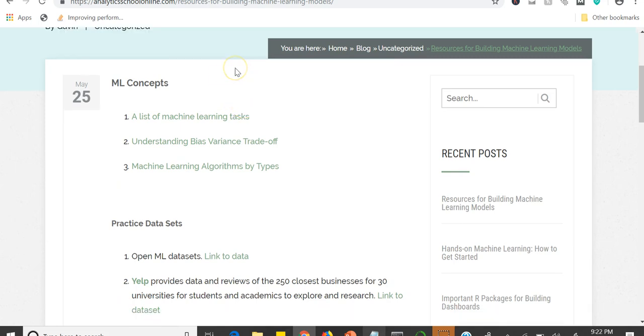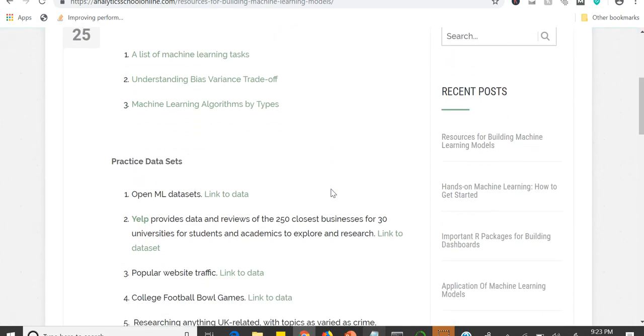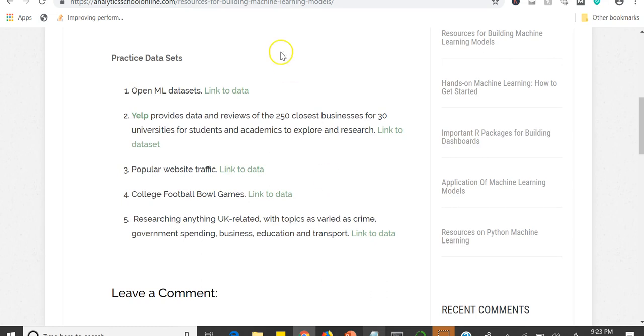So this is the resource page for Analytics School Online, and here you can see the different important resources, links to various pages. The initial few links are related to machine learning concepts like different machine learning tasks, bias variance trade-off, and the machine learning algorithms by types. We'll keep adding more resources to this page, so whenever you refer to this page, you'll get a lot of things that you can read from. The next set of